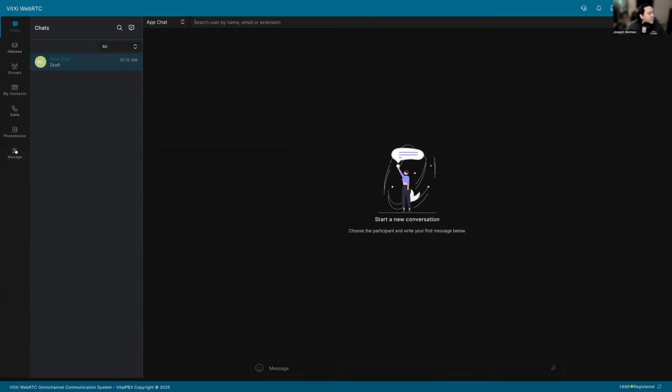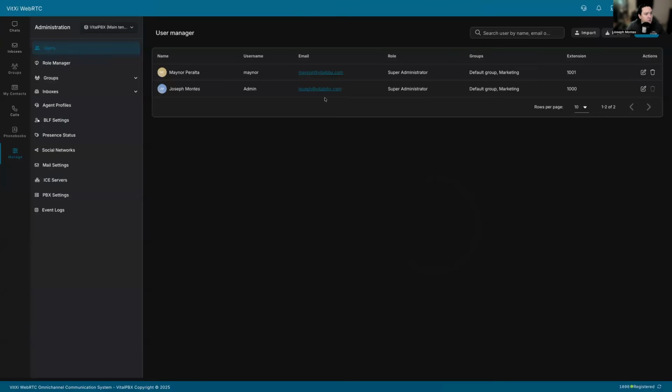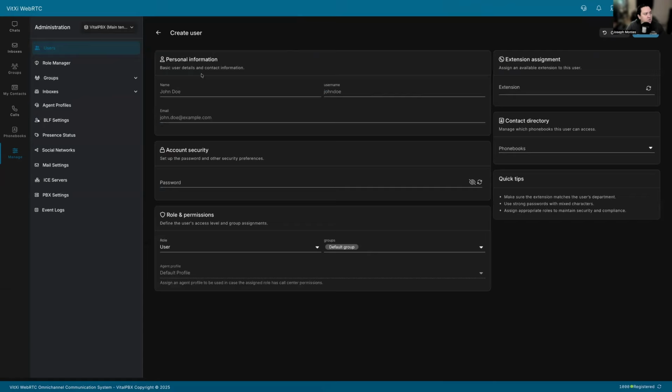We also have improved user management. You will now see it in this type of data table. And when we come to add new users, you will see that the form is a little bit nicer and a little bit easier to follow through. So whenever you're creating a new user,